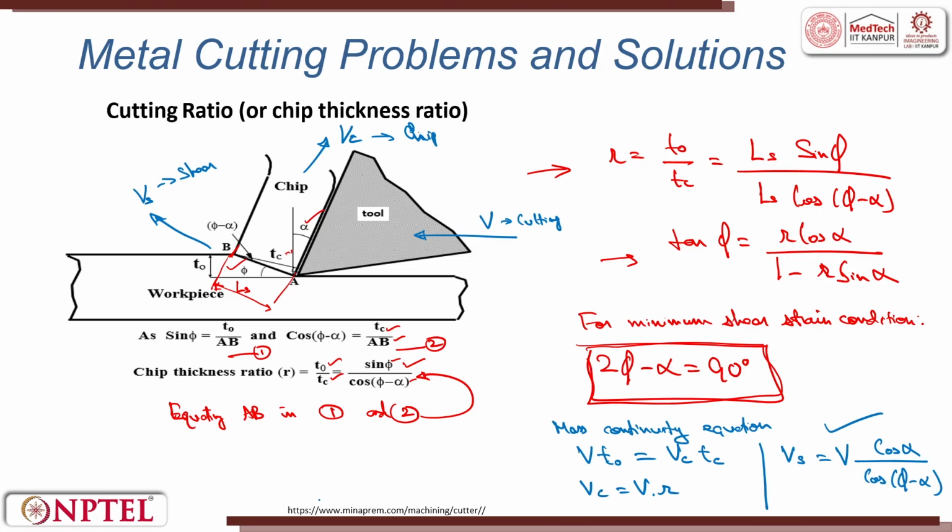It has come from velocity diagram. I could put something like this. For example, this is my velocity vector V, and this is my vector Vc, and here comes the shear vector, this direction Vs, and this is angle phi. Here if I draw a perpendicular line here, if this is suppose 90 degree, this becomes 90 minus phi, and this becomes phi minus alpha. So this is known as velocity diagram.